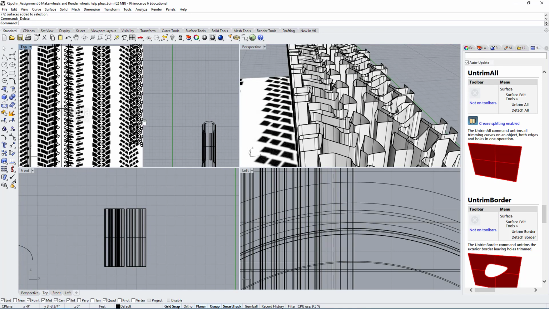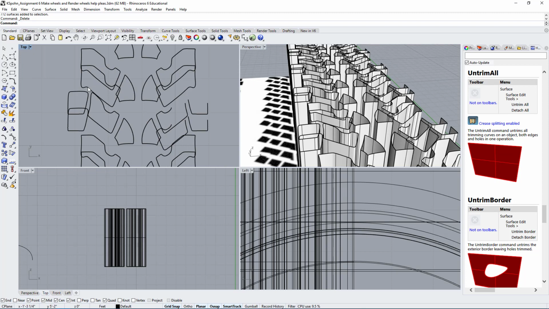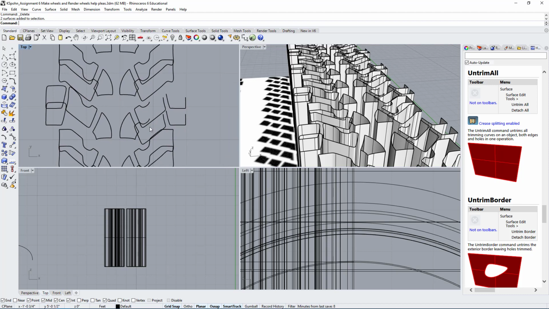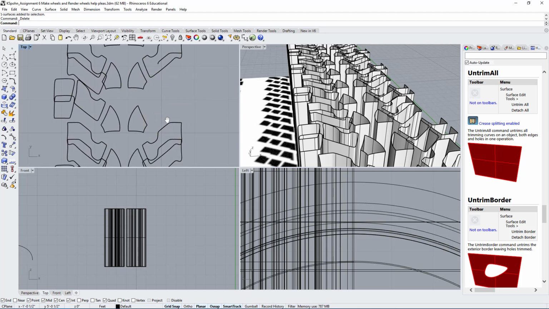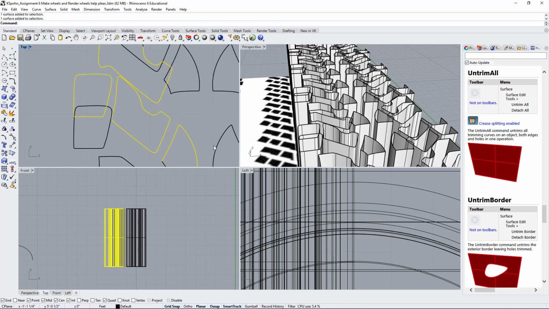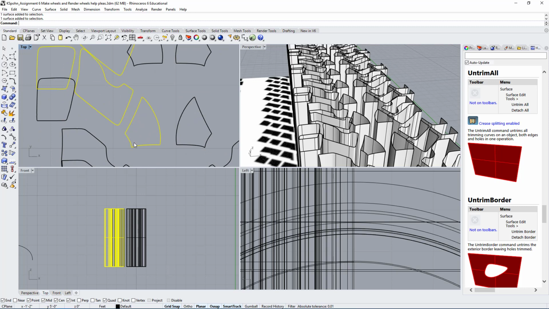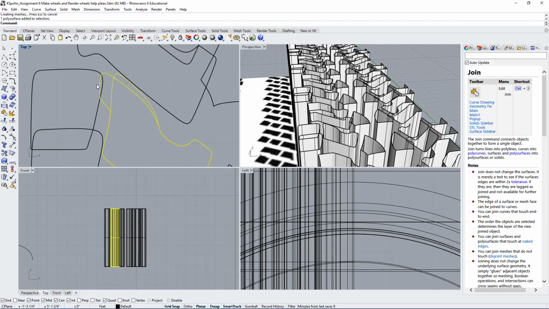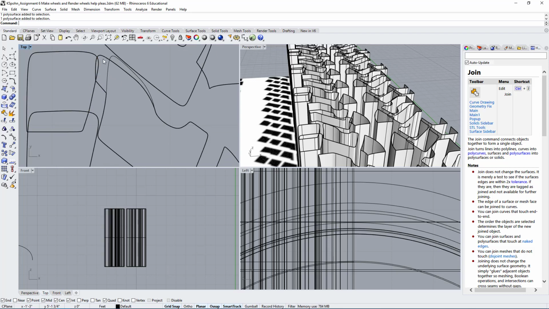So let's simplify this pattern because right now it's a little crazy. There's a lot of overlap. And let's figure out how we can make this just simpler. This is not going to work. Okay, this is really good. So we can use that, we can use this, we can use that. Let's join everything here. And this intersects. We don't want this to intersect.